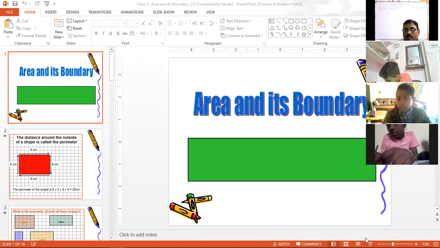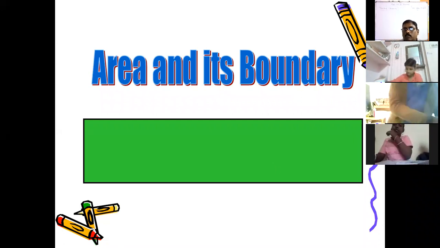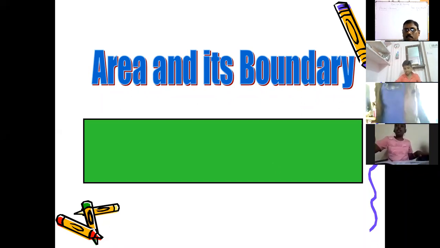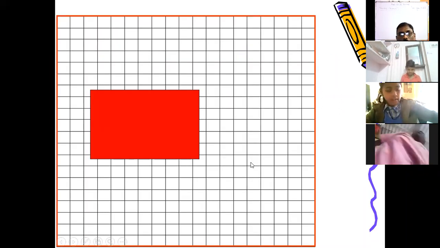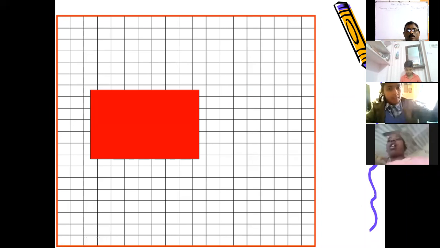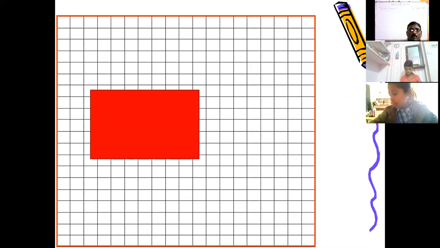Sir, should we write this in the graph book? Yes, you have to write in the math book. Sir, math book or graph book? No, not graph, math book. When graph is needed, then only I will tell you. When we do areas, then graph is required. For perimeter, it is not required. Anyhow, I will tell you when it is required. So area and boundary. Look at this. Graph book is also needed when we do areas.